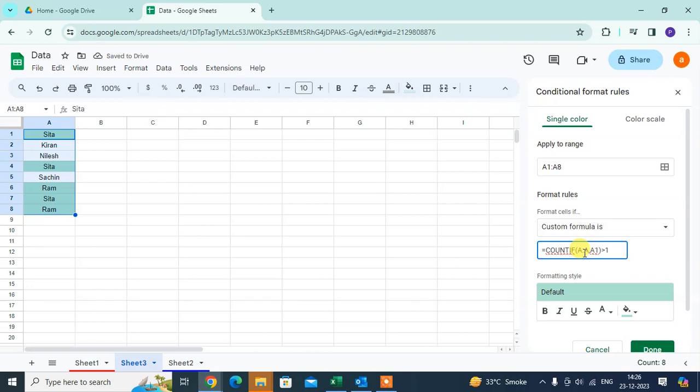If you write 1 here, you can see the names that appear more than once are highlighted. It means Sita is available two times in this data. Therefore, it is highlighted, and the Ram name is also highlighted because this name is also two times